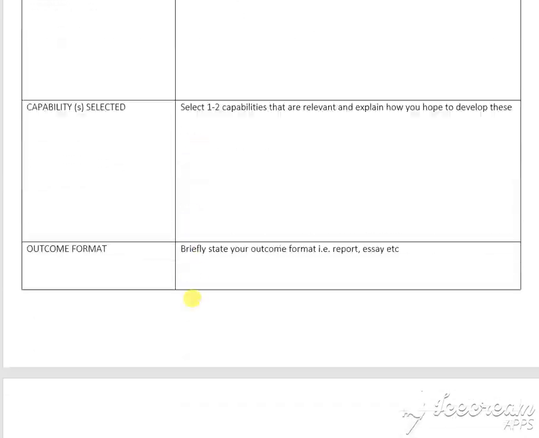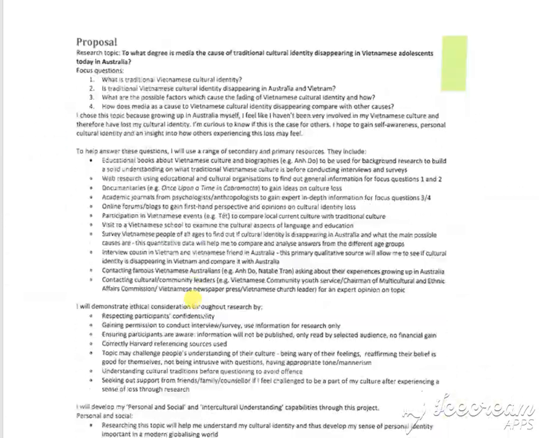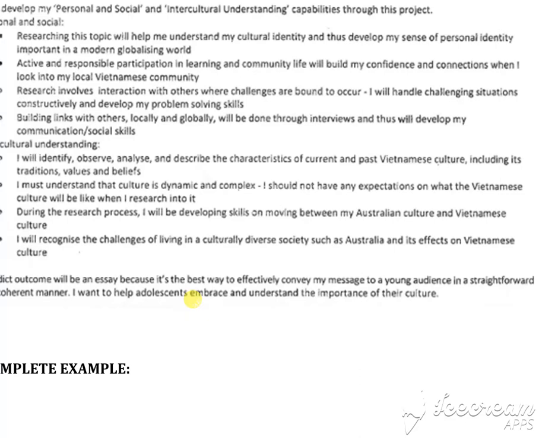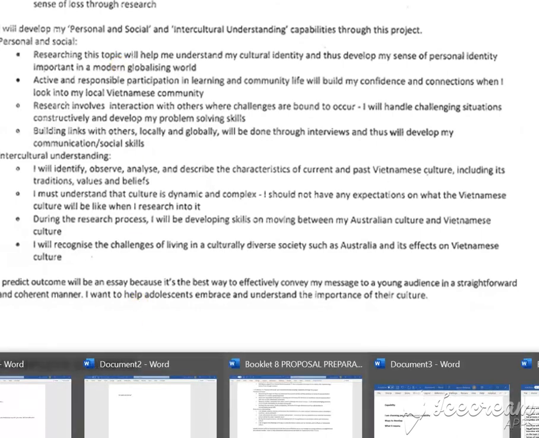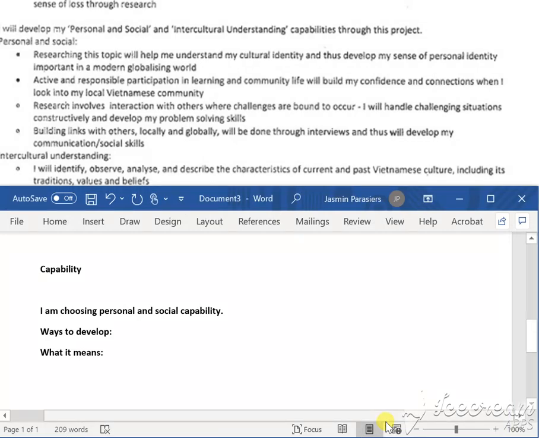If we flick down to our other option, we're going to develop the personal and intercultural, and then see, again, we're seeing this understanding of what it means to be doing this, and we get a sense of the actions they're going to take. It's very action-centric. Just copying out the SACE descriptors is like a wham, bam, thank you, ma'am, I've passed, but I'm not actually going to get more than a C band. So how do we